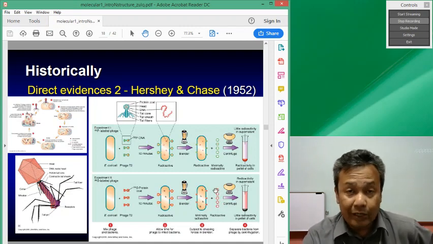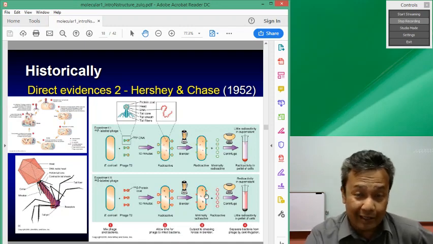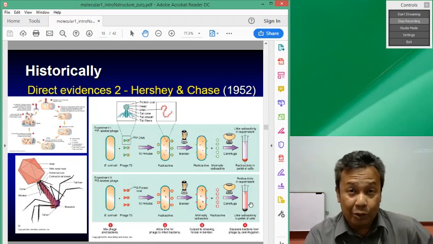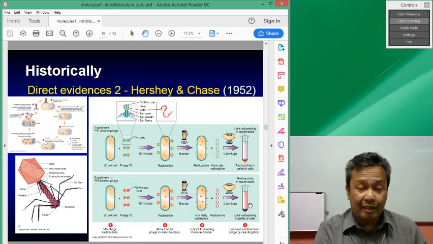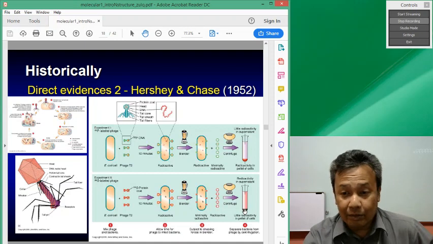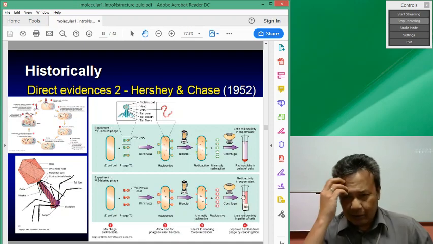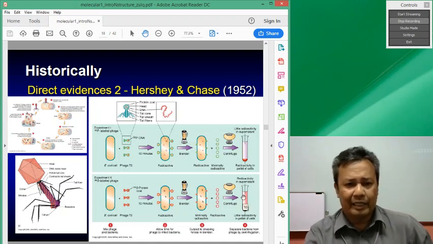Whereas for this part, the DNA is also inserted inside the cells, but the radioactive part is in the virus's coat protein. Coat protein does not enter the bacteria, so because it's very light, it remains in the supernatant. It doesn't get sedimented to the bottom. So that's why for this experiment, the radioactivity remains in the supernatant. This again is a brilliant experiment to show that